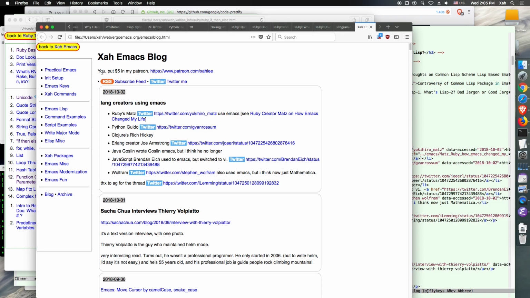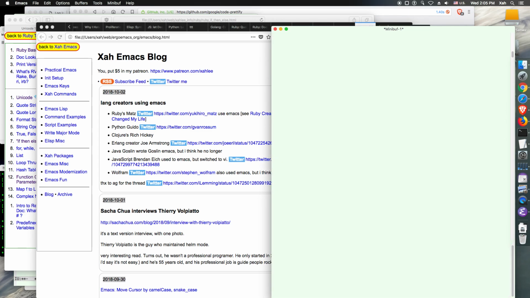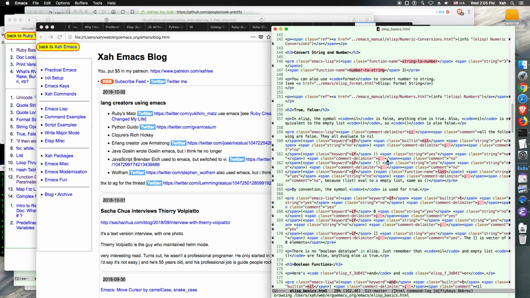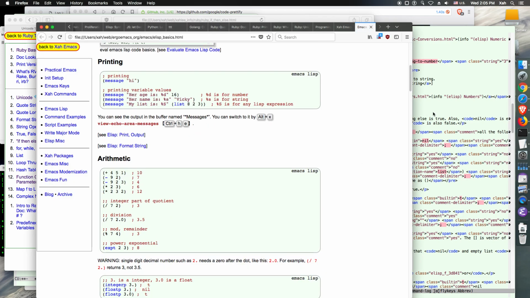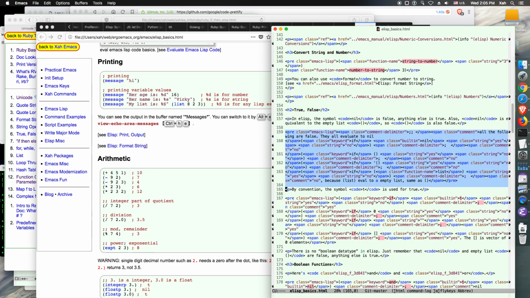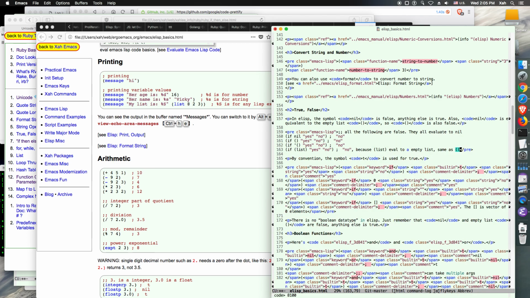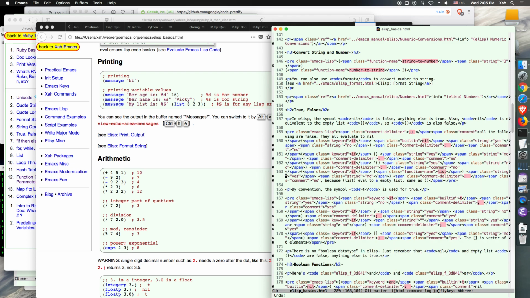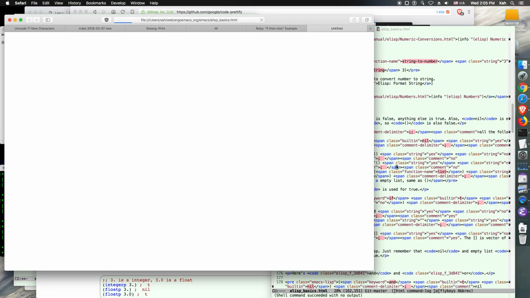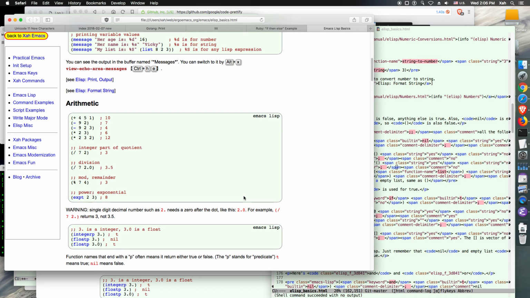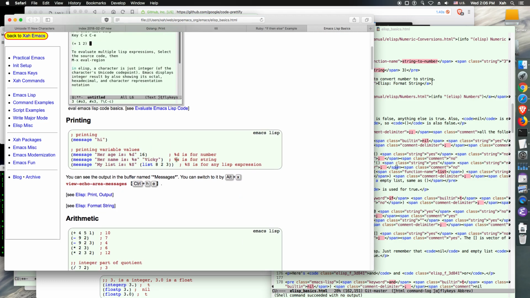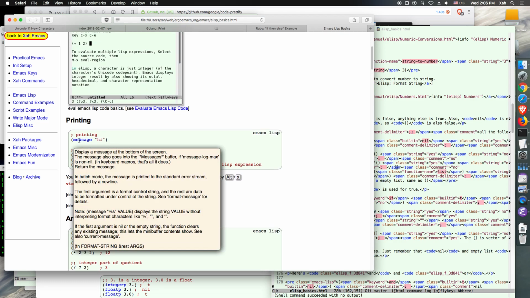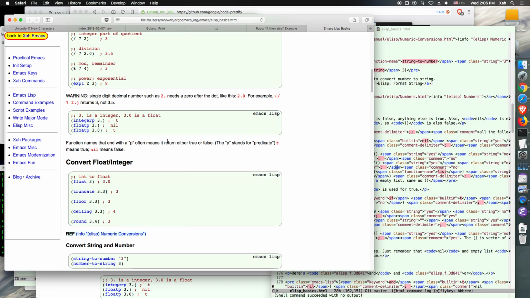That is for my Emacs page. Let's go to, let's say, Lisp. Emacs Lisp Basics. You see, they are using span tags, like right here. You know, like here. However, there's an advantage, because if you look at this in Safari with JavaScript on, you can move your cursor to the functions, and it'll show the function. You see, let's say truncate